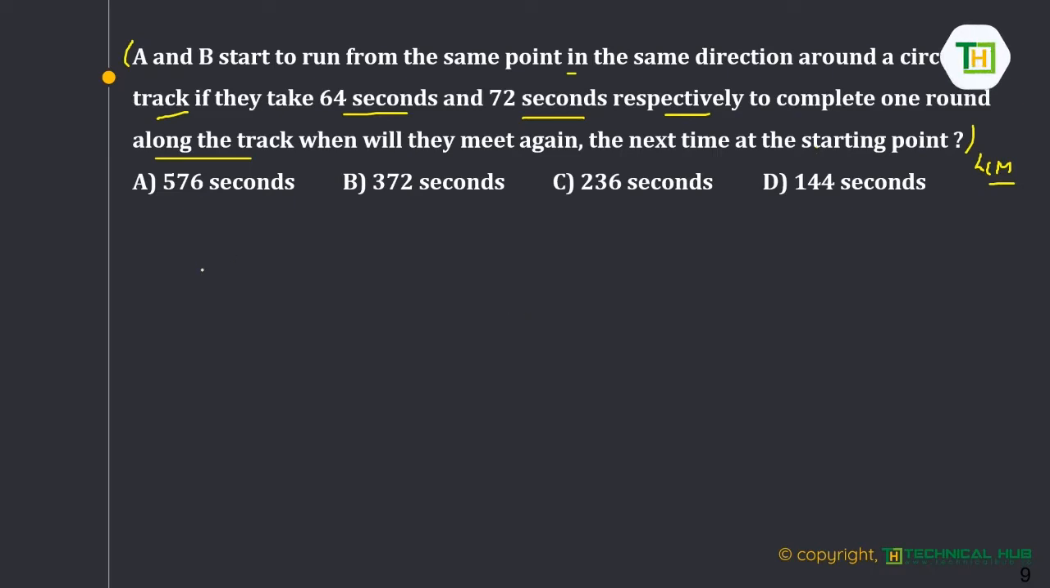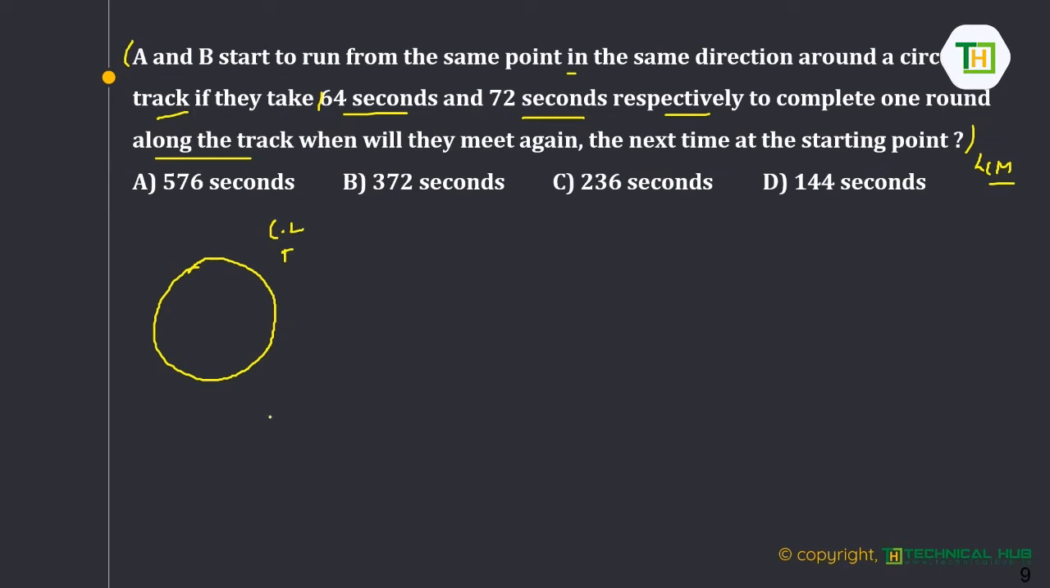Their circular track is given. In the question I explained in Saturday's session, the circular track length was also given, and similarly the time was given. But here the time is given directly, so we need not calculate the time. In the previous question I explained in Saturday's session,